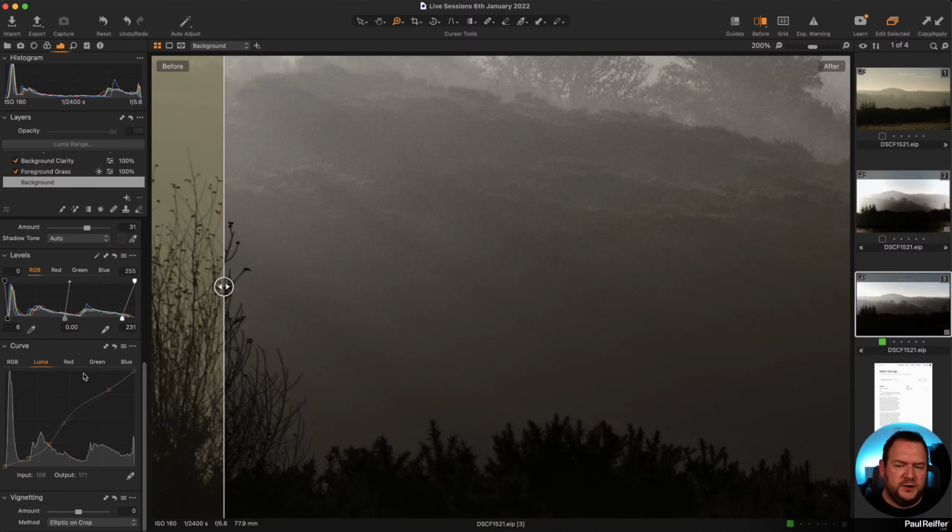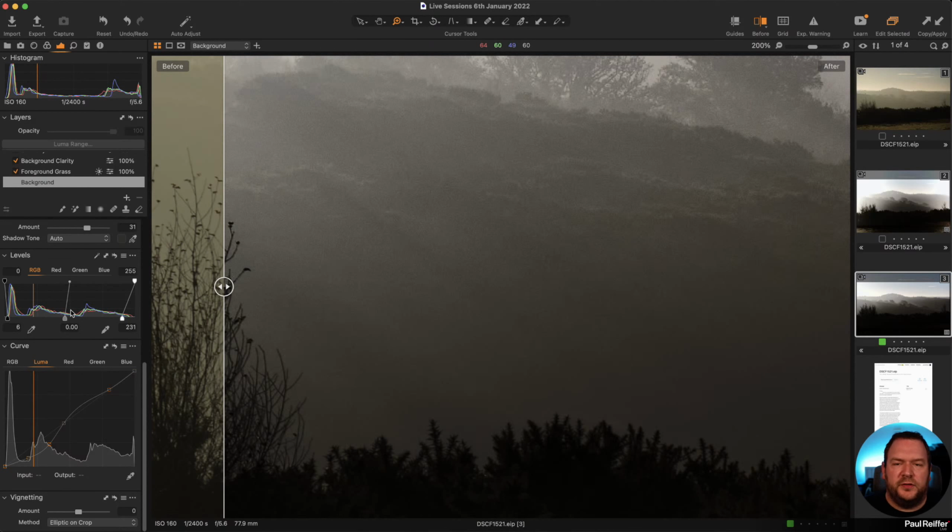So we've got two changes going on, and this is one to be really careful with. The other thing to be careful with is, remember, there are 2 curves. Well, there are actually 5, but I could scroll down and look at the curve for this image and think that nothing's been altered. Remember, it might be under the Luma curve, which in this case it is. Remember that levels and curves are affecting the same thing, the histogram. And it's effectively trying to give you control over the highlights, the darks, the middles, and be able to tweak how bright they get, how dark they get, based on the section of the histogram.